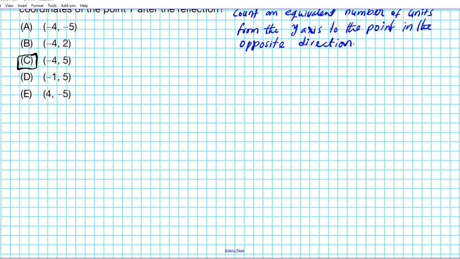We're reflecting only one point, so we just focus our energy on that. So this is my coordinate system right here. And then we're going to proceed to graph point T, the original point. Point T is 4, 5. 1, 2, 3, 4. That's 4. 1, 2, 3, 4, 5. That's 5 right there. Okay, so this is point T,